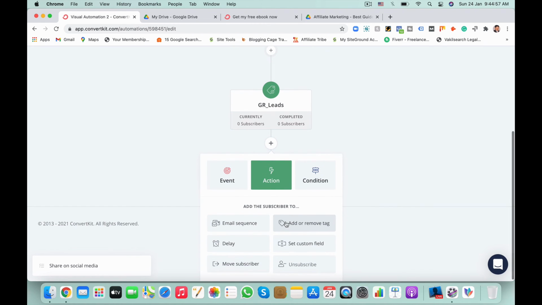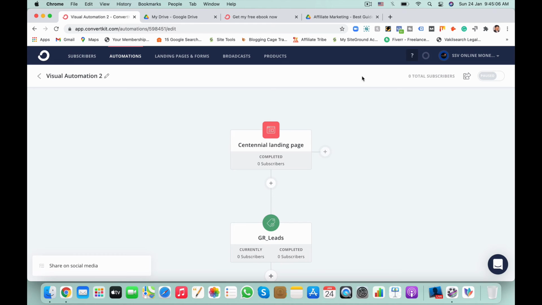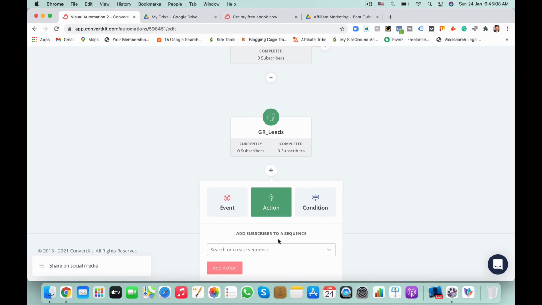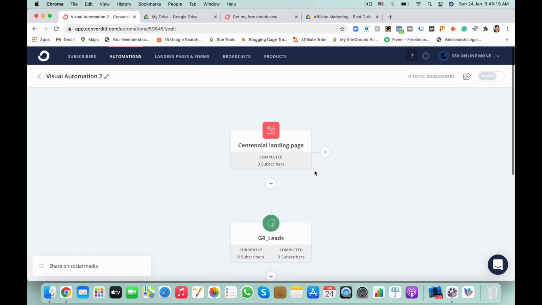After that, we have to create an email sequence. Here the email sequence will be there; we create it and give the sequence name, add action. That's it. This is the way we create the automation.